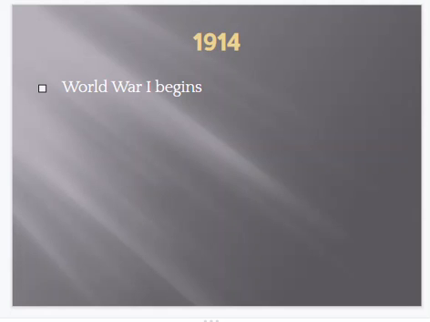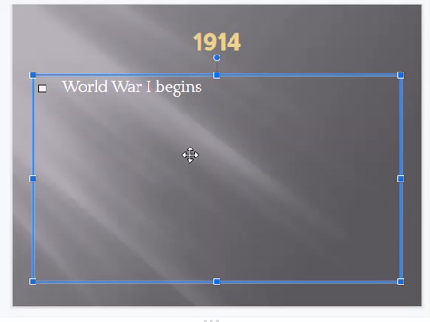So if you look, your first stair is World War I begins. That's the bottom stair. And we know that it began with Archduke Franz Ferdinand's shooting in Sarajevo and then the events that led to it. So our next